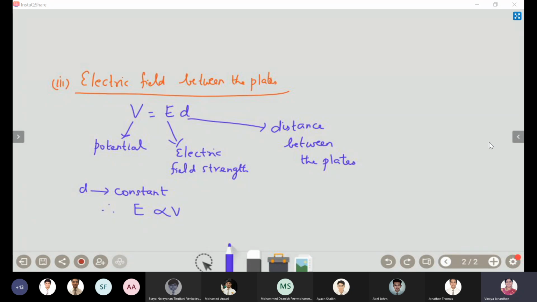So if V decreases by K times, what will happen to E? E will also decrease by K times. All these relations are important. So E is going to decrease by K times. Then, see, electrostatic energy has different formulas. You should know which formula to be used. We have to use a formula where Q is involved because Q remains a constant.